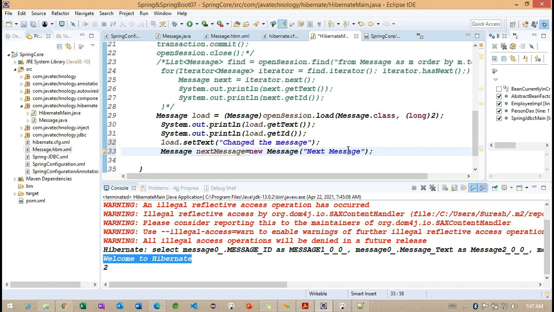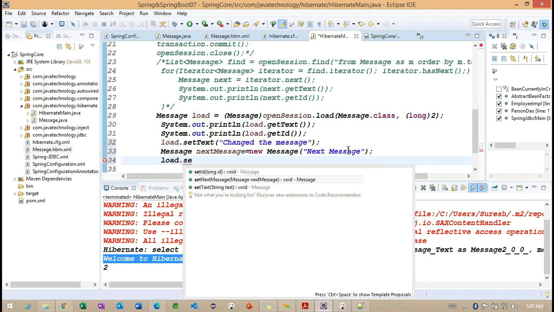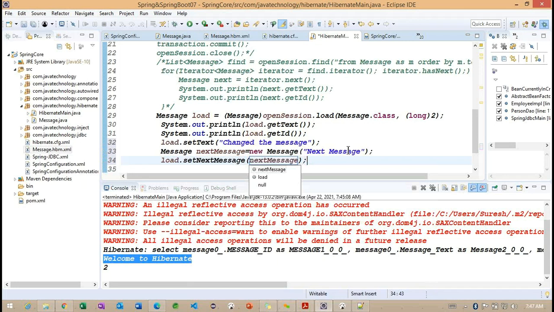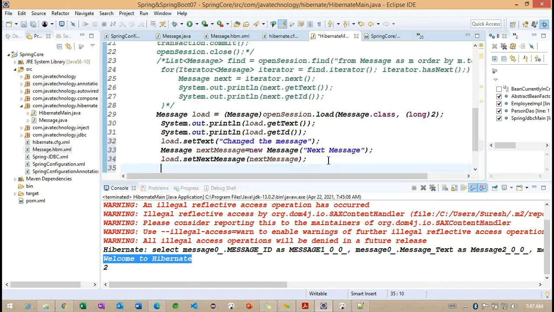We have only one object, but we are making an internal relation to the same table. I created the next message object, and with the reference of the existing object I call setNextMessage to provide the next message. Later, what I will do is the transaction